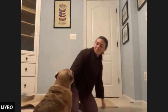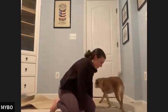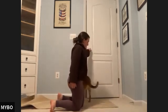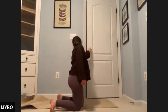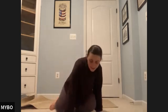Finding length in the side body. Holding there to breathe. Nice work. Again, you can take the option if you would like to shift both hips over to take a